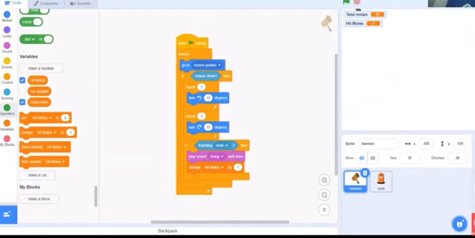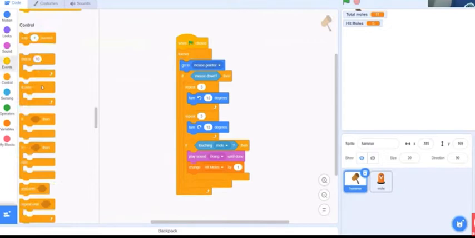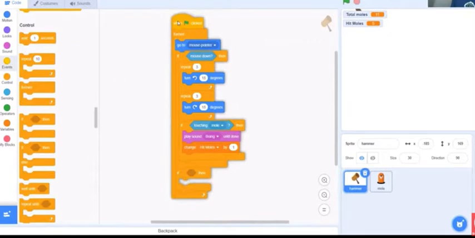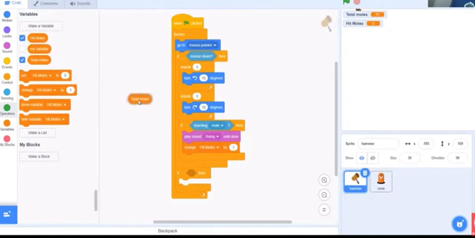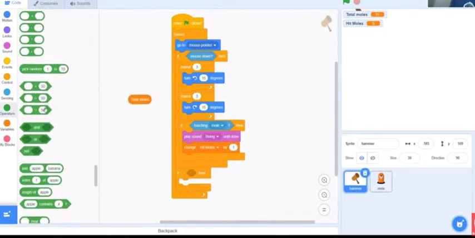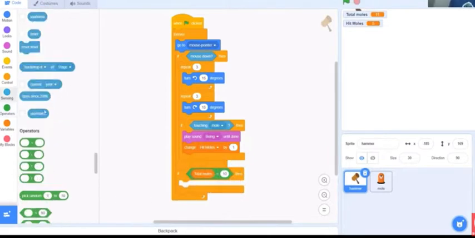Now we're ready for the next step, where we will basically say, if the total moles equals 10, then stop all, say game over, and stop all. So let's get an if, because we need if the total moles equals 10. So if total moles, which is right here, total moles in the variables, and then operators, equals 10. If total moles equals 10, then we need to say,